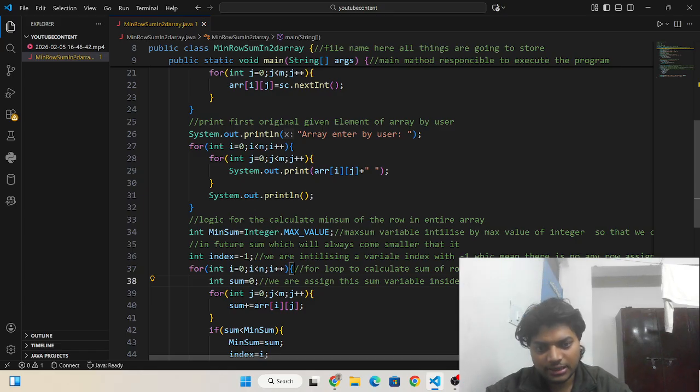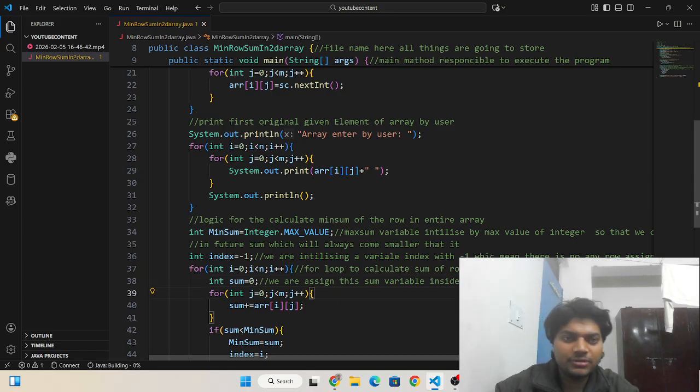Okay, and when we have calculated the sum for the first row, then it will calculate separately, so that it can calculate the separate sum of the elements for a single row, okay,